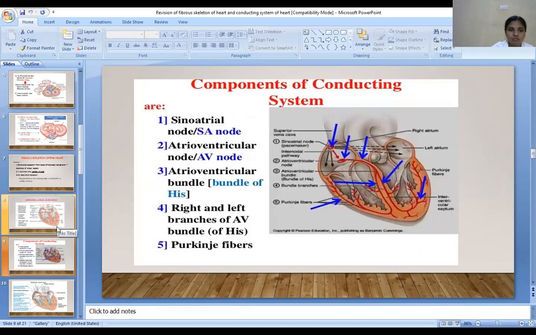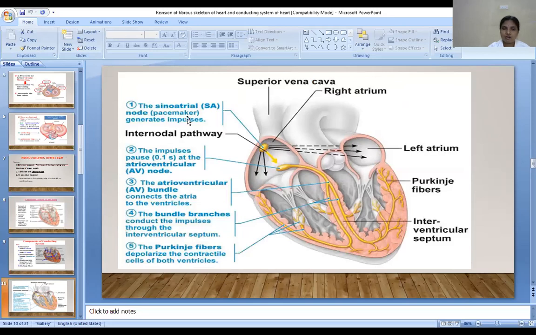So what are the components of this conducting system? SA node, atrioventricular node, atrioventricular bundle of His, and right and left branches of the AV bundle, which finally terminate as Purkinje fibers. These are the five components you have to mention for the conducting system of the heart. So see the sinoatrial node, that is the SA node. It acts as a pacemaker. Why? Because in this SA node, the specialized myocytes, the specialized cardiac cells, generate the impulses,